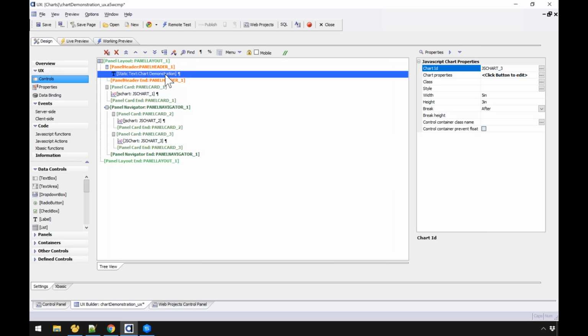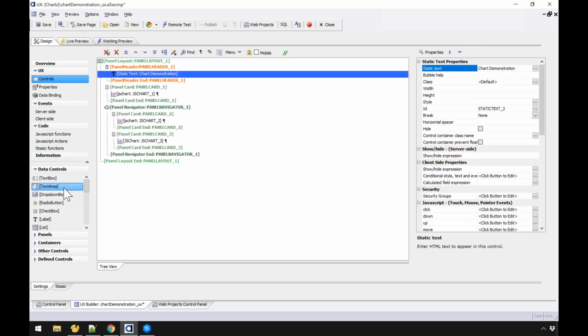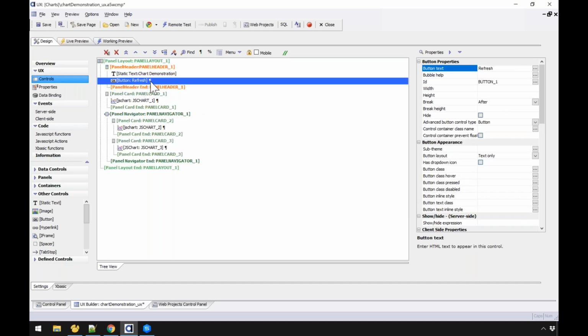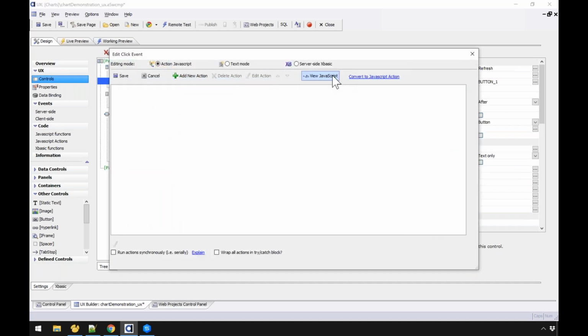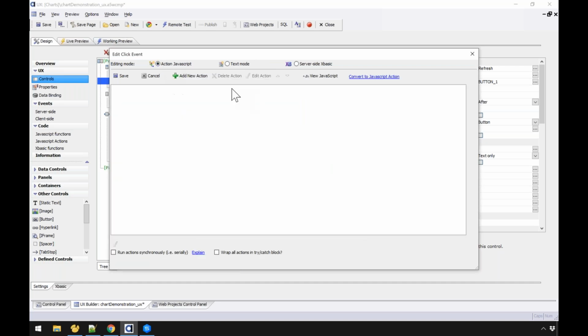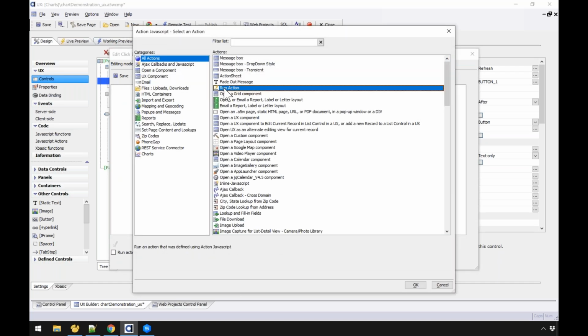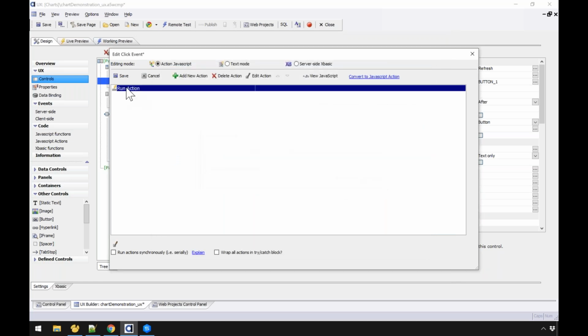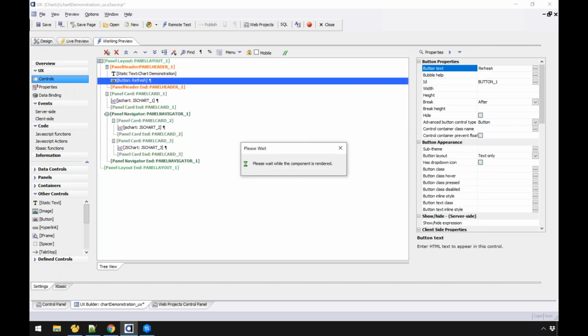Now what I can do is go right here. I'm going to add a button. Notice I did the action before I did the button because I don't know how I'm going to use that action. So I'm going to go refresh. I click refresh, open that button, and then I can either go to text mode and say insert code to run it, or a better discipline is go here, run action, and select refresh chart. So now I'm going to trigger that. If I go into working preview,